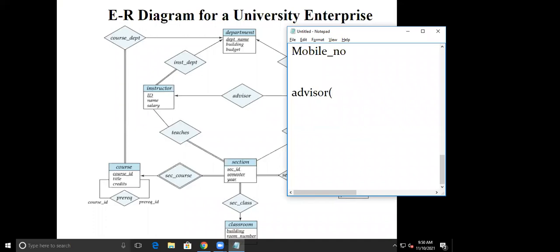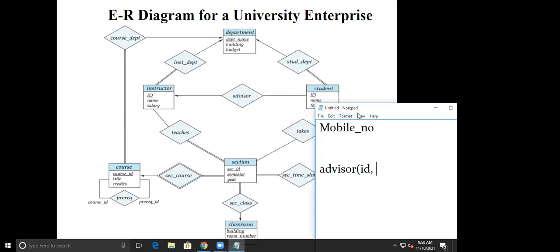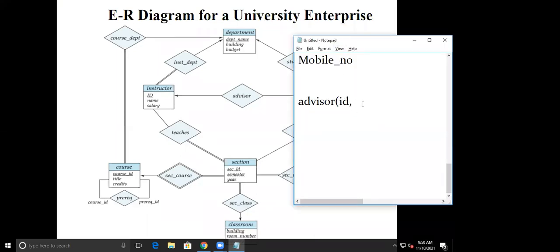In the advisor, I will take the primary key of the instructor, that is ID, and then the primary key of another entity, that is student ID. Here I will take this as inst ID, indicating this is an instructor ID, and student ID. So this is how a relationship is represented. For example, this is regarding the advisor.